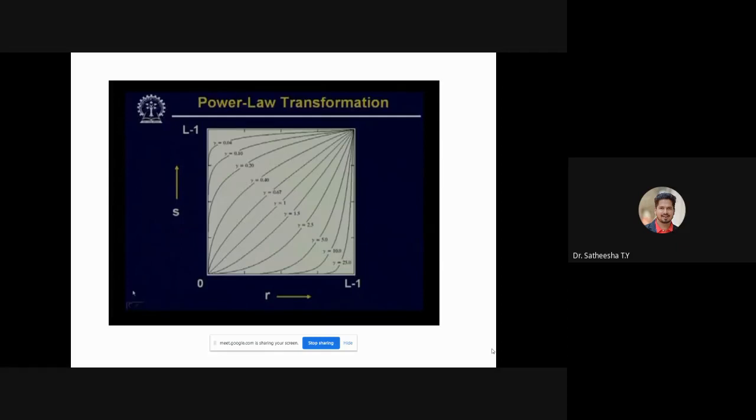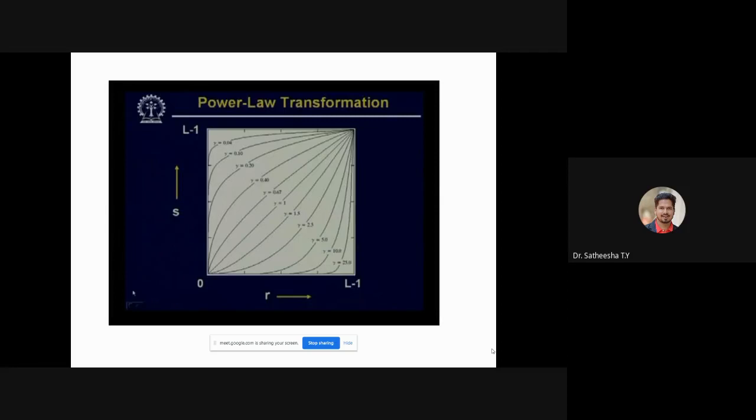Here we can see some power law transformations. A similar operation that can be used for enhancement is called power law transformation. The power law transformation is normally used for different imaging devices, for image capturing devices, and it can be used for image printers and so on.